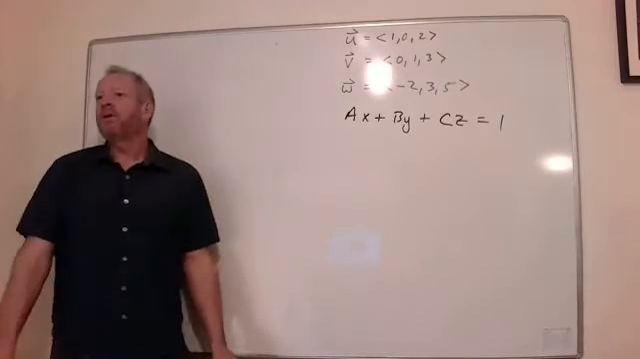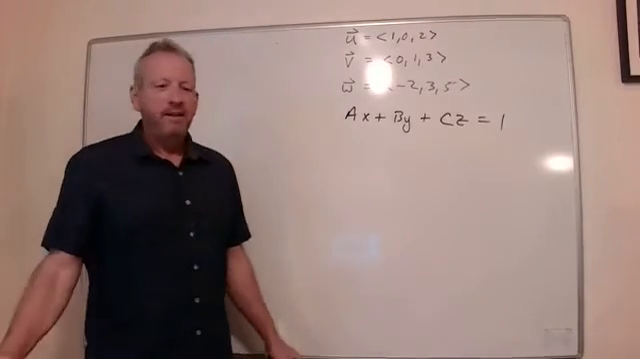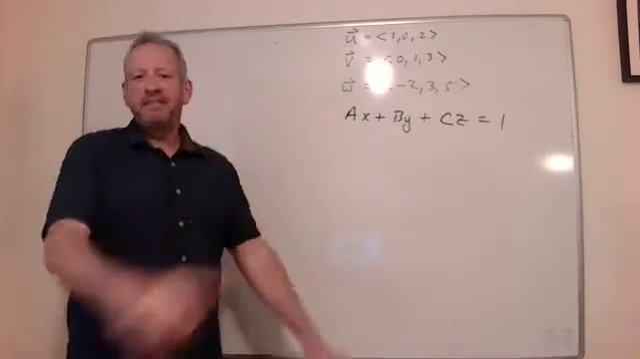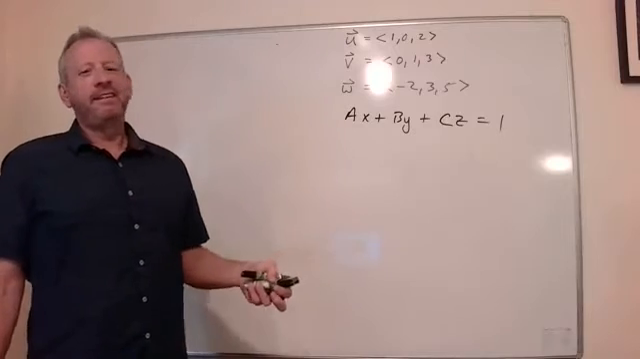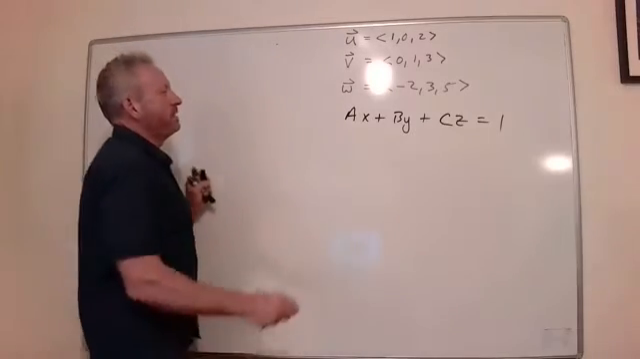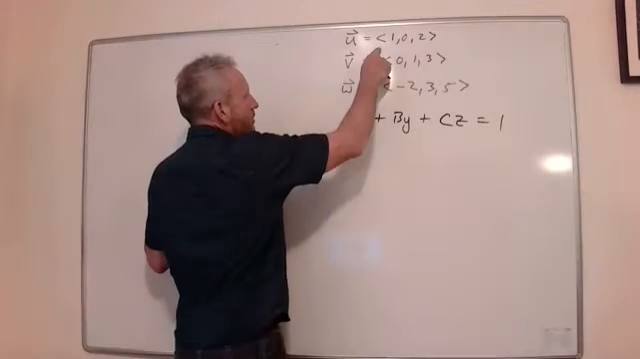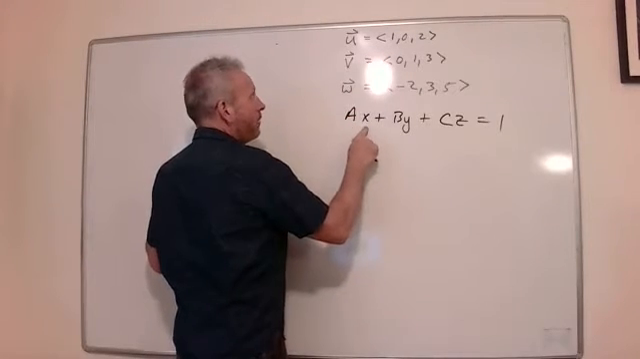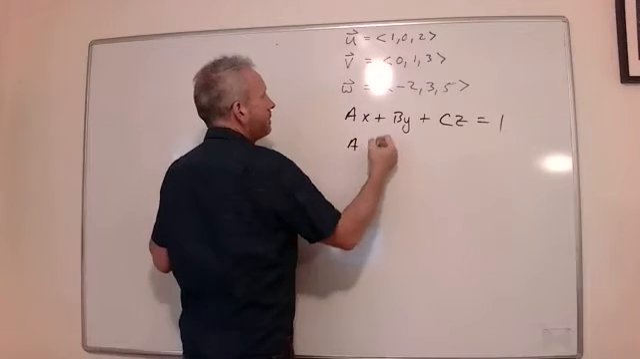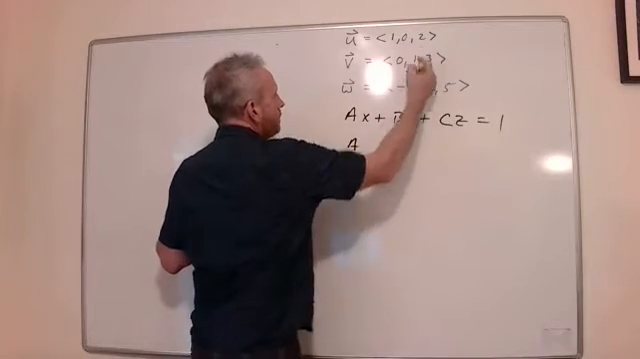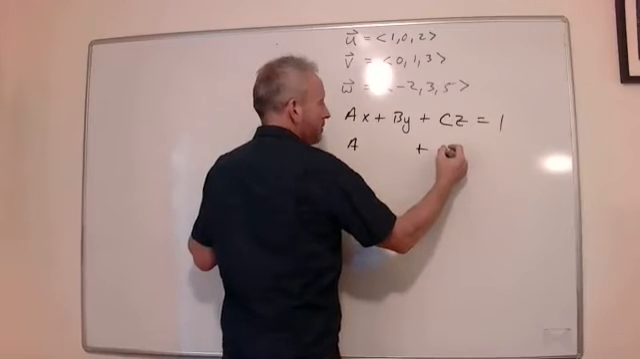And the reason I really want to do that is because a student in the class noticed a problem. And kudos to you for noticing this. So let's go ahead and do this. Let's start with the first point. So we put a 1 in for x. So you get A, 0 for B, and for z we get 2, so plus 2C